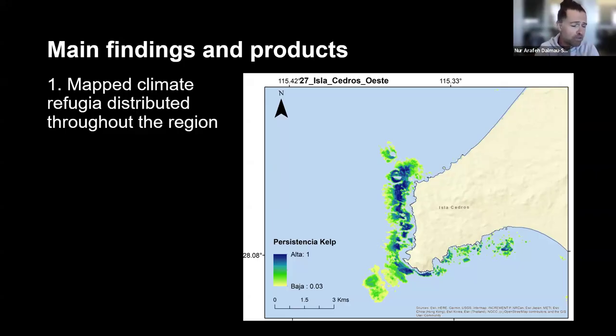So this is an example of a map that we used through the workshops, and we produced around 40 maps tailored to each region as the local communities thought it was best. Also, we validated that these maps made sense and that the local communities actually found that these places match their knowledge. And then the other thing that we did, in the next slide,